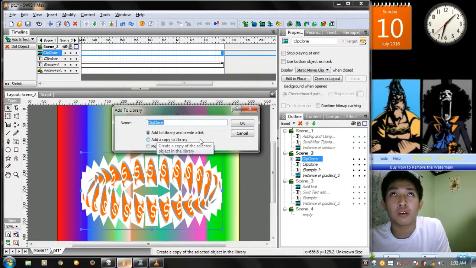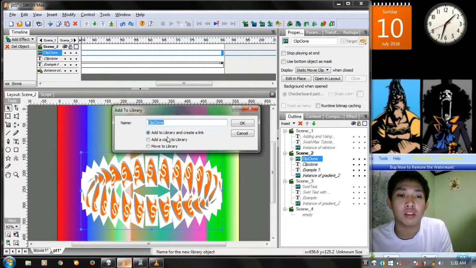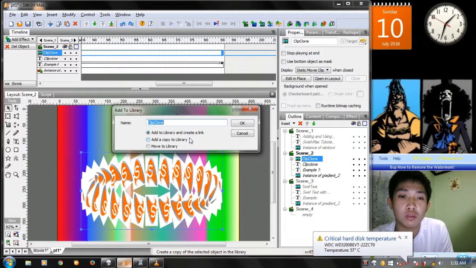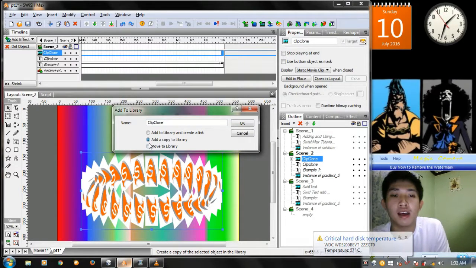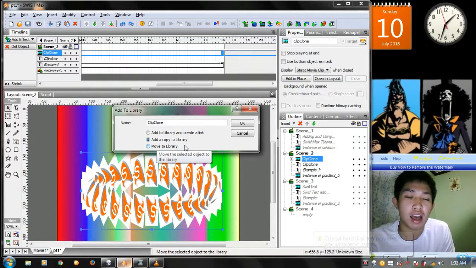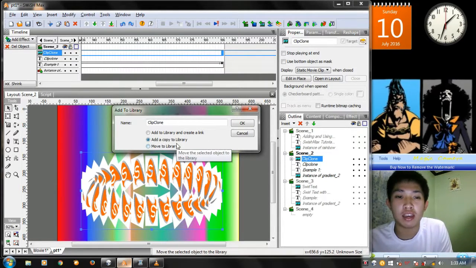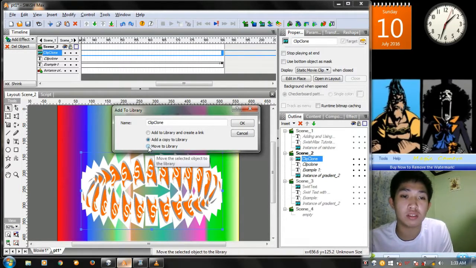First is add to object and create a link, which allows you to add the object to the library and create a link which will copy all the effects and the scenes that you use to these objects. The second one is add a copy to the library, which adds the structure of the object that you want to save to the library. Then move to the library, which allows the object to move permanently to the library.